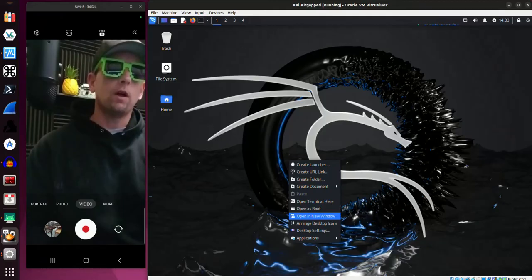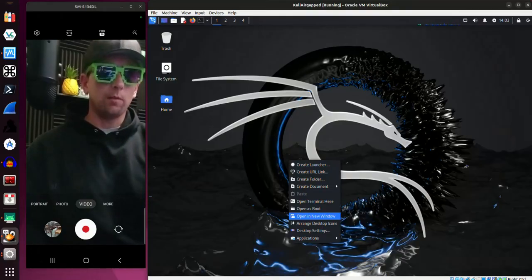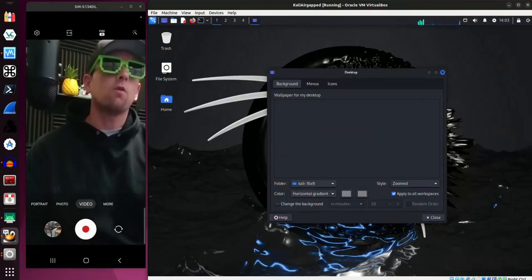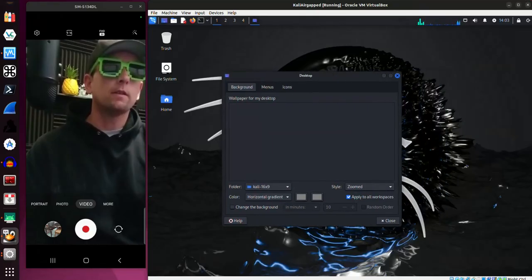Why would you go another way and install a smaller image when you know you're most likely just going to update and upgrade it, and you're going to spend 3 weeks installing a bunch of tools onto this, and it's going to take a very long time? Why not just go this route? I'm not really seeing any downside to this, but I'm going to first open up the desktop settings,